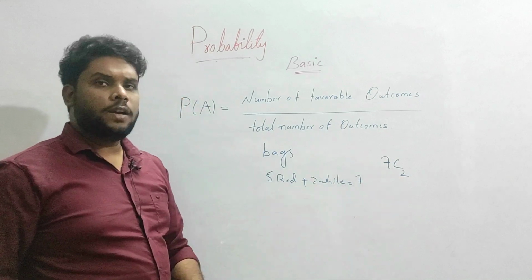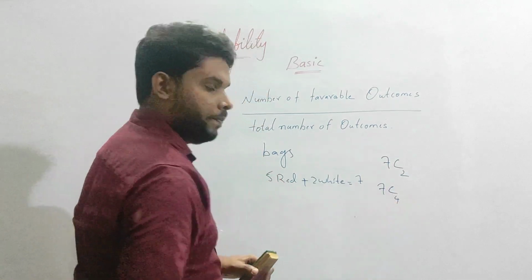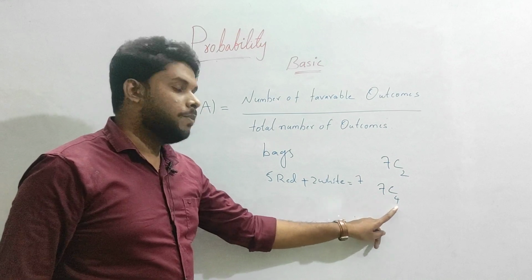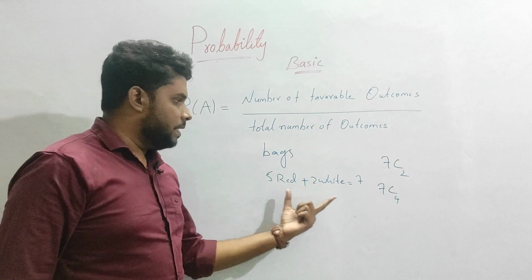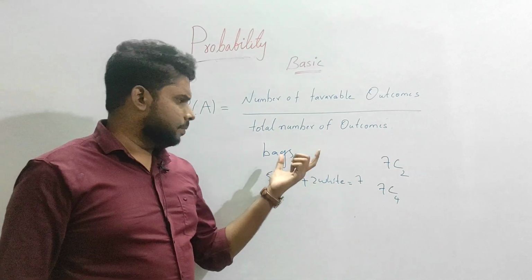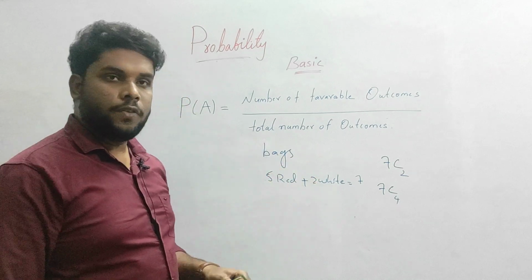Similarly, from the 7, if I am drawing 4 balls, how can I write it? 7C4. Yes, 7 represents the total number of balls, and this 4 represents how many balls you are taking out from the bag. So this is how you select the balls. In bag problems, or sometimes questions about marbles, that is how you have to try